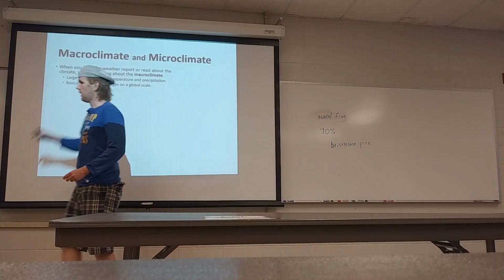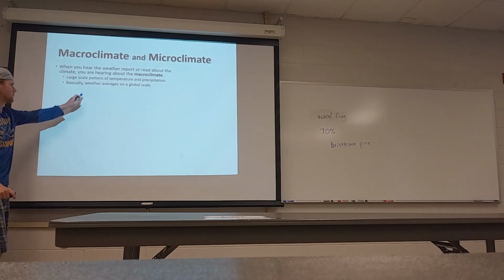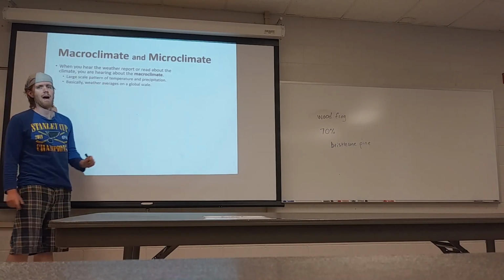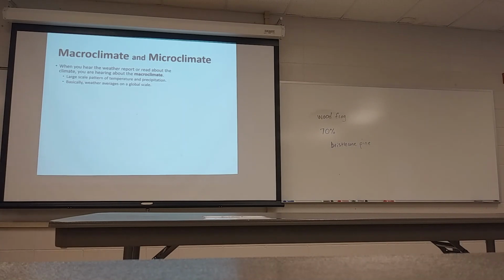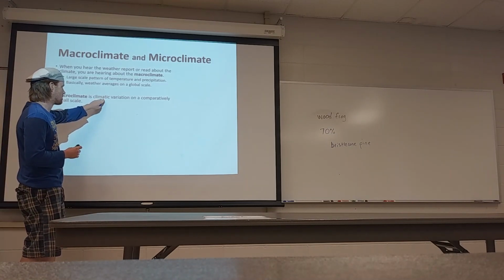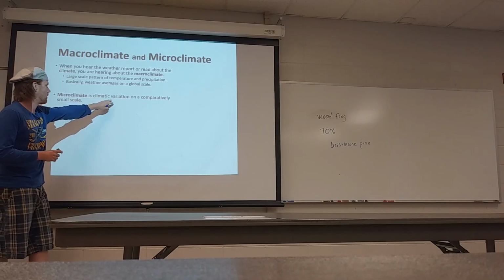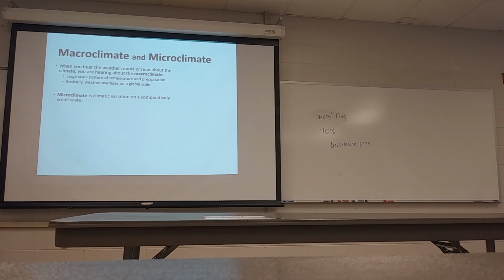Whenever you think about climate in general, this is what you're thinking about, right? Important thing to note with climate, it's weather averages, and so there will be extreme weather events, and those in and of themselves do not dictate the climate. It's the overall trend that occurs. Microclimate happens within the larger macroclimate. This is climatic variation, so variations in temperature, water availability, all that stuff that's impacted by climate. Climatic variation on a small scale.